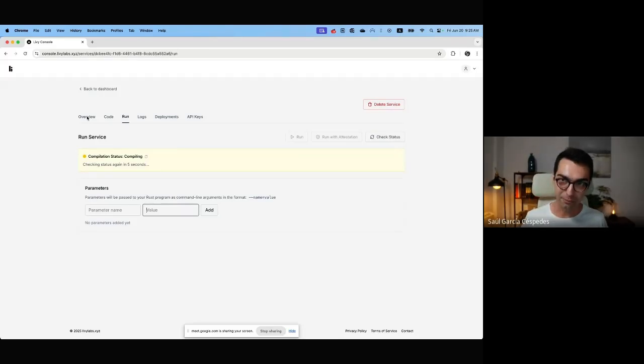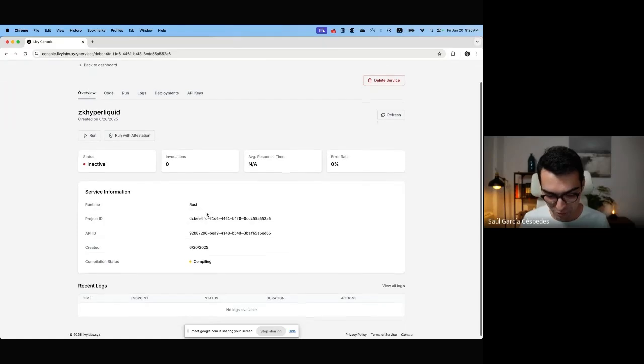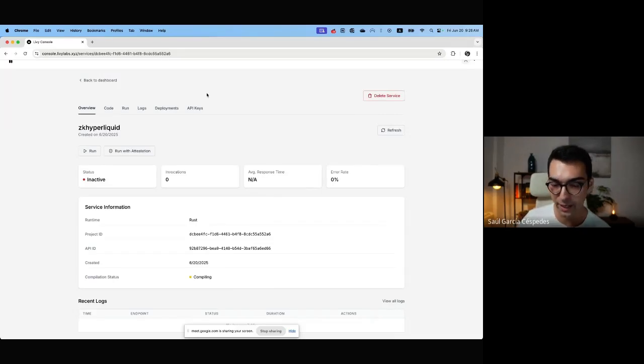Whereas if you want to have a persistent service, it could be like an API. You just send the HTTP request to your service, we expose ports for you, and then you get the output of that, which is pretty much the same idea. This is how it's going to look. Obviously, it's not going to compile now, and by the way, this compilation is going to fail because we didn't take all the files. But once compiled with all the files, it's going to generate the binary for you that you can execute anytime, exposed by an API.